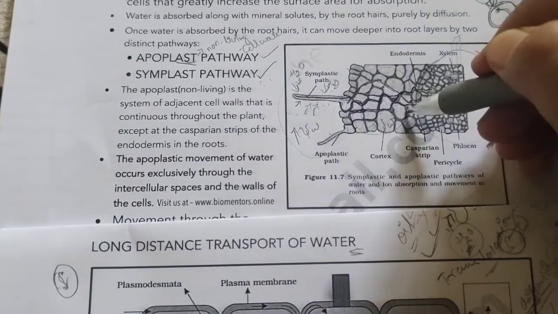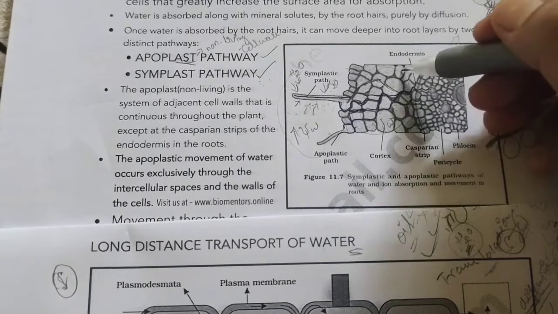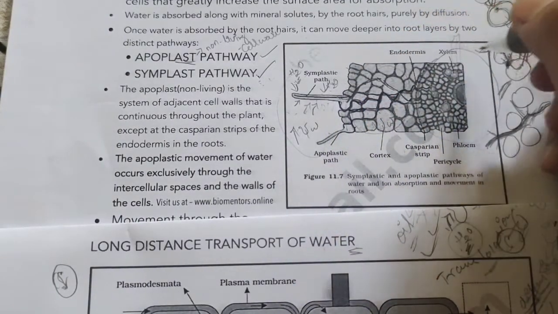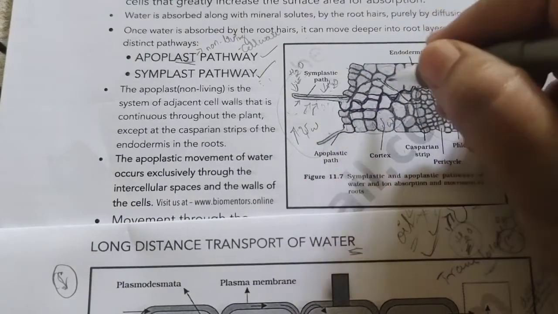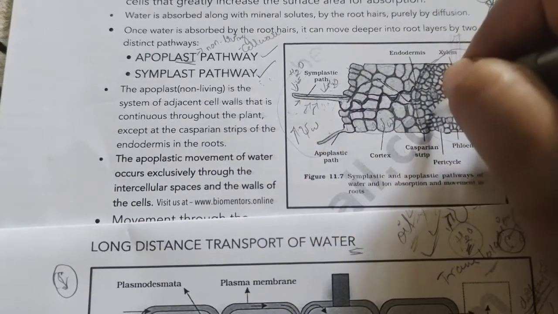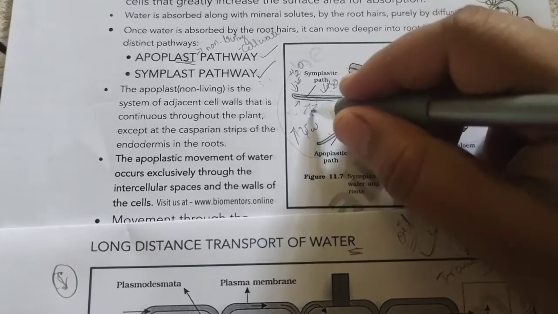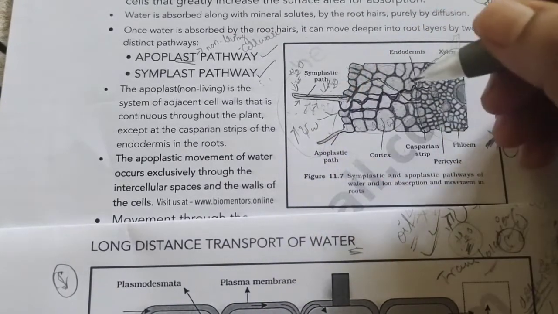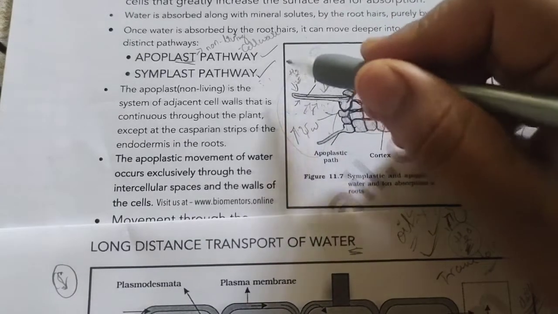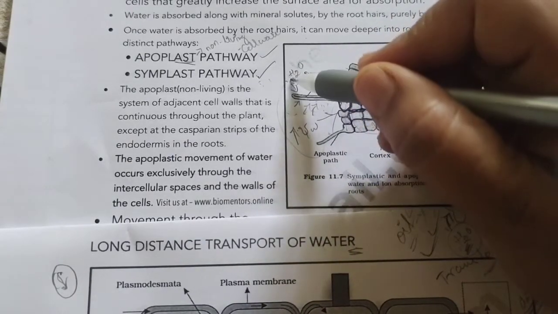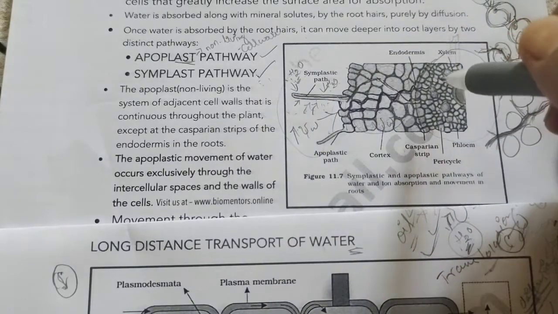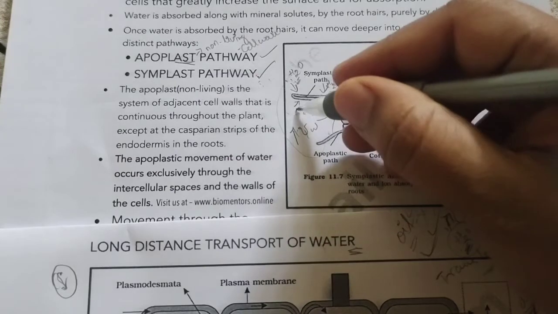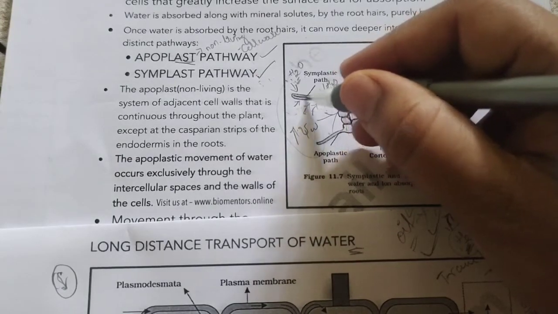So inside the roots, water content will be less, water potential will be less, and thus the cytoplasmic streaming also occurs on this basis only, and absorption of water also occurs on this basis only. Absorption of water always occurs along the concentration gradient, from the region of higher water potential, higher concentration, towards the region of lower concentration. So now you came to know that the absorbed water from the root hairs